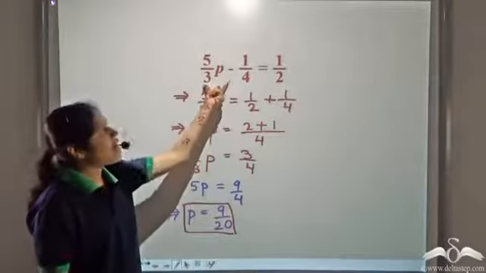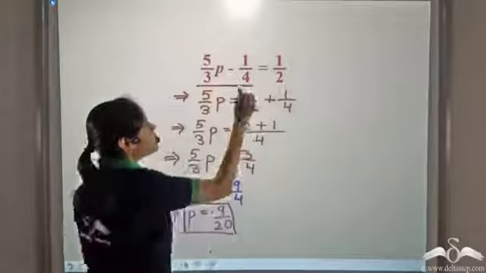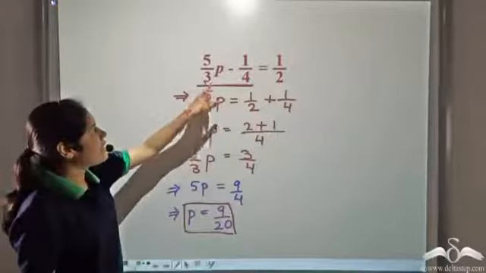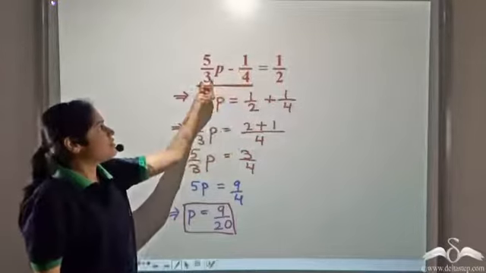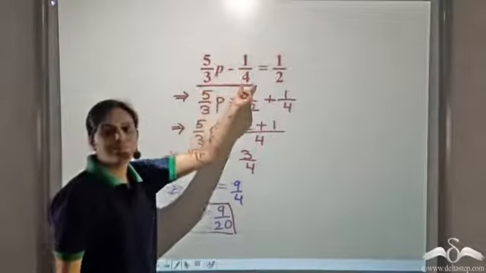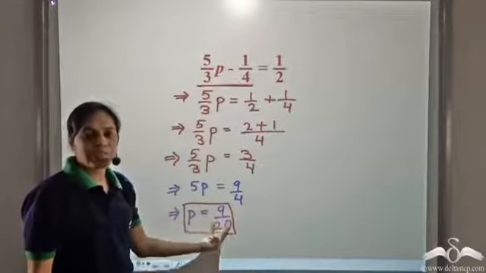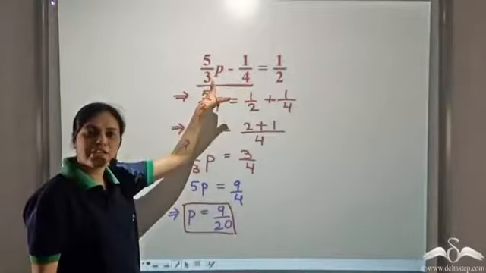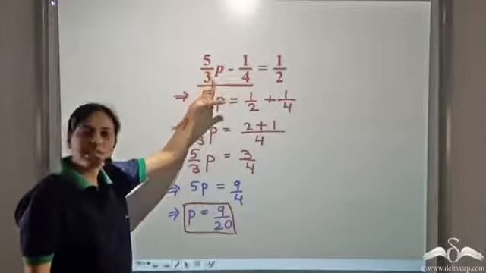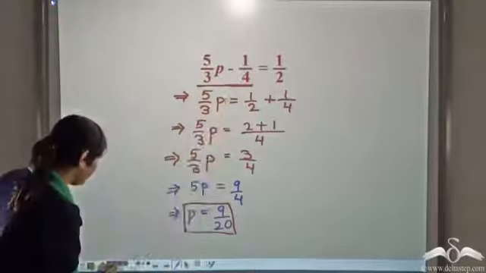Now if you have a look at the left hand side of this equation, this side, then we have something minus something. So these are two fractions. So instead of following these steps, we could have first taken the LCM of these two fractions and simplified the left hand side. Let us try and simplify the left hand side.